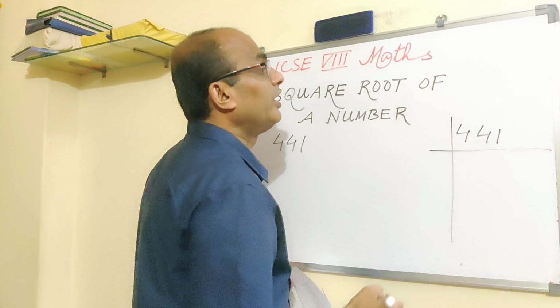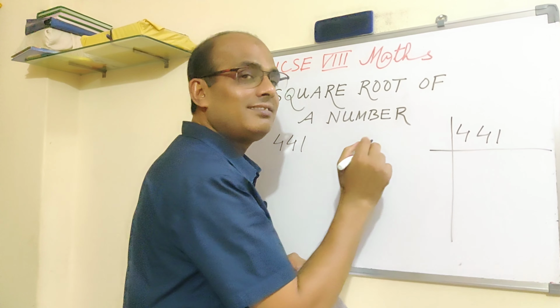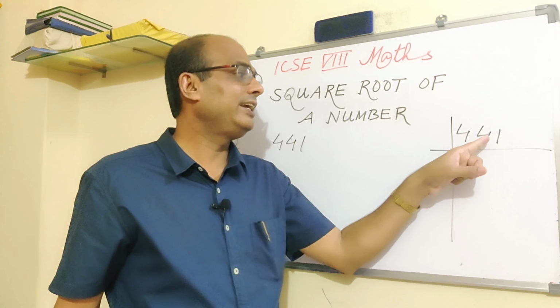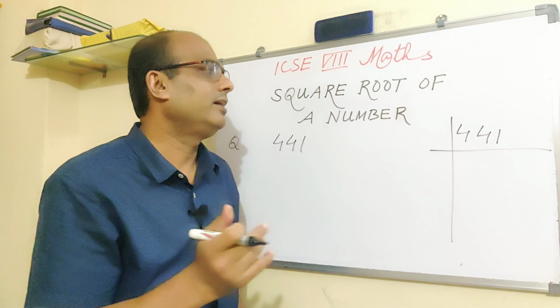441 is not divisible by 2. It is divisible by 3. Do you know why? Because see the sum 4 plus 4, 8, 8 plus 1, 9. Because 9 is divisible by 3, therefore the number itself is divisible by 3. That's the condition of the test of divisibility by 3. I am not going to teach you that right now here. Every time I am not going to tell you the tests of divisibility. Please revise them from your lower class. There are many tests.